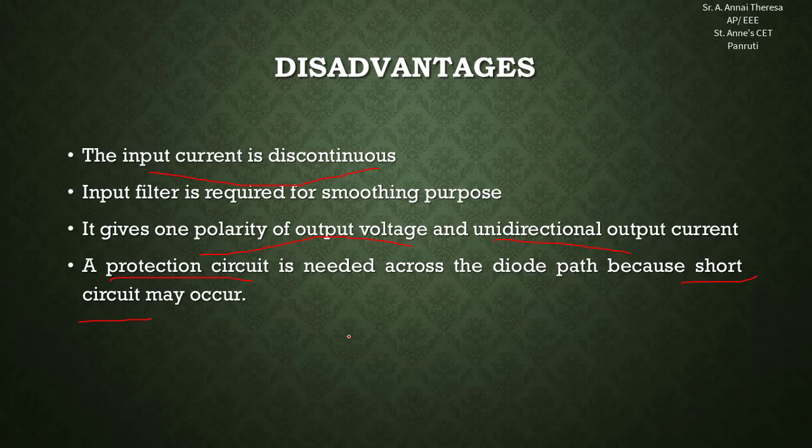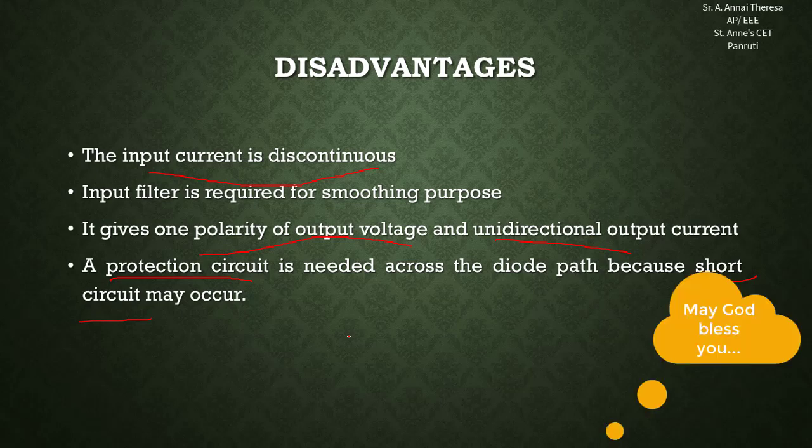Okay, so in buck converter we have seen the operation of the buck converter, and what are the voltage and current waveforms, and the derivation, that is average output voltage and source current derivation. Then what are the advantages, disadvantages we have seen. Okay, so that's all about the buck converter.